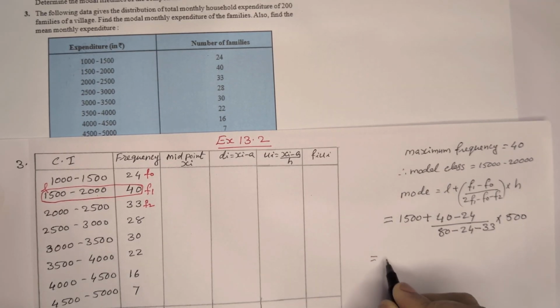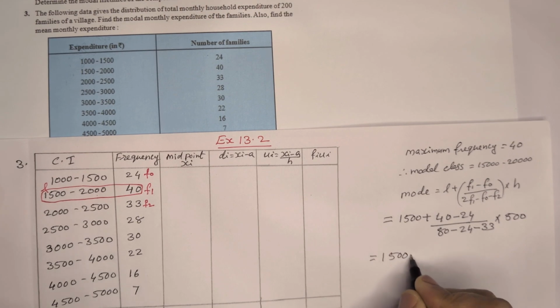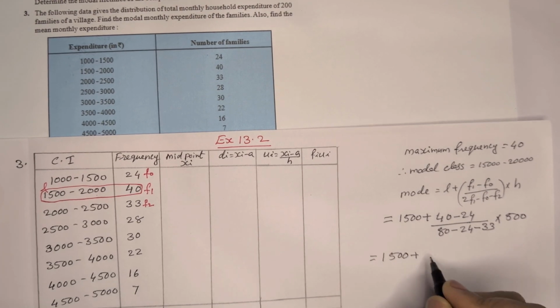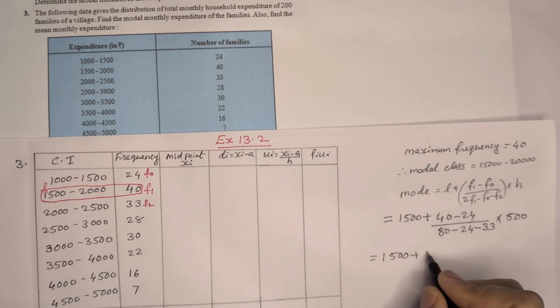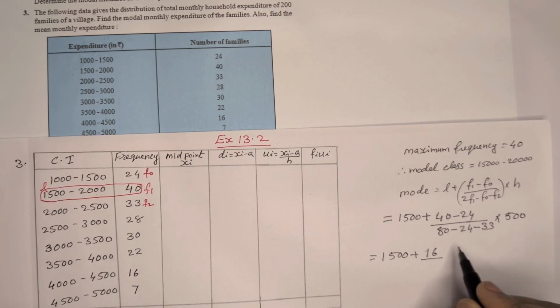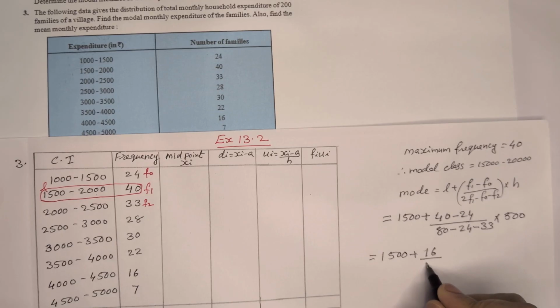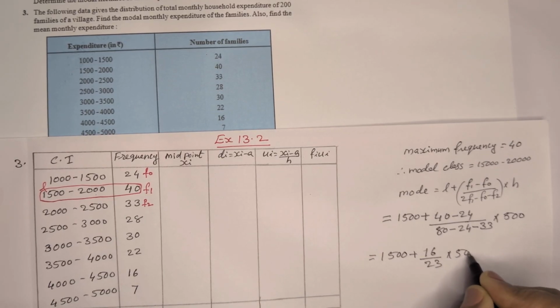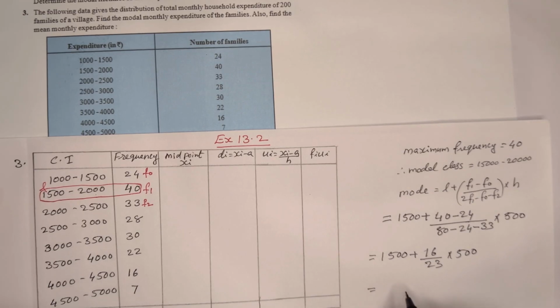Which is equal to 1500 plus 40 minus 24, that is 16, by 80 minus 57, so 16 by 23 into 500, which is equal to